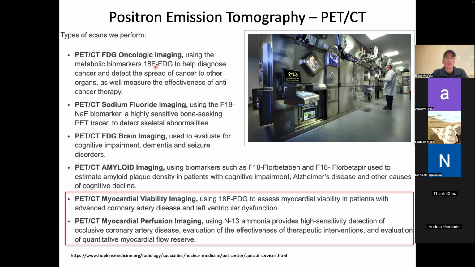So in oncology, they do a lot of this. It's called FDG, fluorodeoxyglucose, with this 18F. And it's really sensitive to detecting these very small cancer lesions that have metastasized to different parts of the body. So again, for skeletal abnormalities, for whatever reason, sodium fluoride imaging has worked. And then, PET has been used